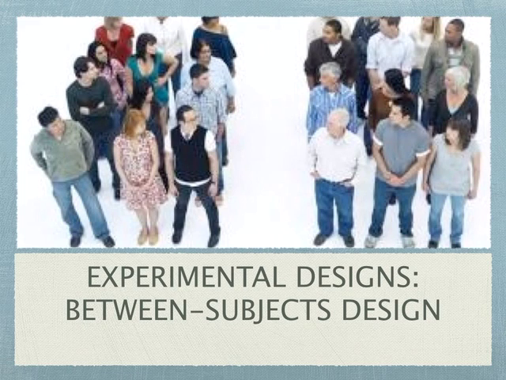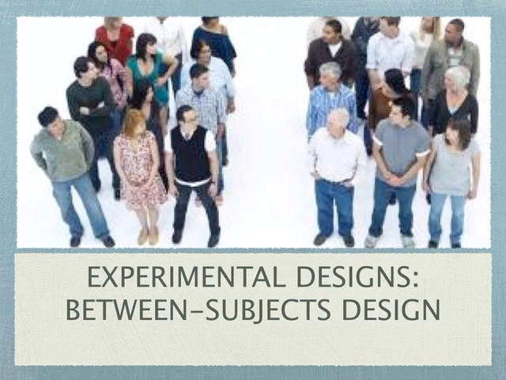So to pick up from where we left off last time, we're talking about experimental designs. Remember, experimental designs are when we're looking at cause and effect relationships. So we're looking at, hopefully, the cause being our independent variable and the effect being our dependent variable. Specifically, we're looking at between subjects designs. Between subjects designs are those simplistic, very typical ones that we think about when we're looking at